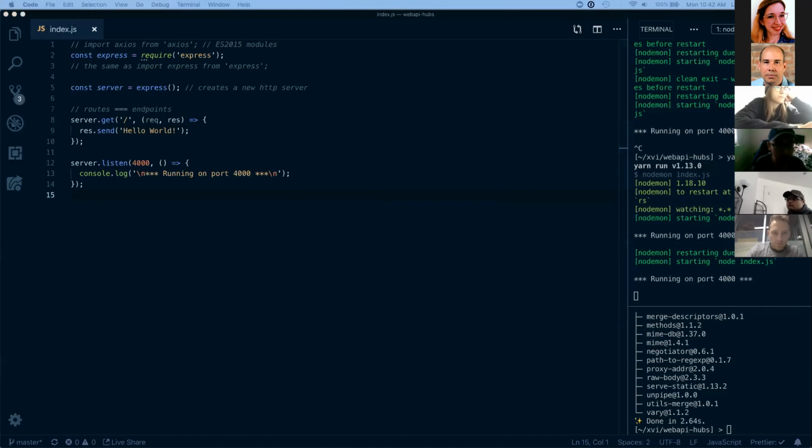And now you have built a server. Once you're done with this, you already have a server that can answer to GET requests, and you can send information back. That's awesome. I could wrap this and make it an H1 or an H2 like so, and now that would be proper HTML instead, because HTML happens to be a simple string. So if I save that,